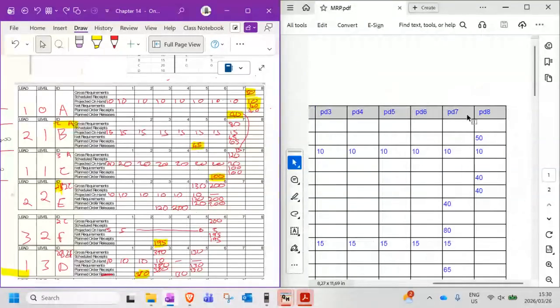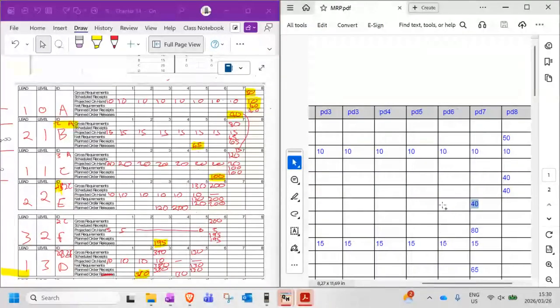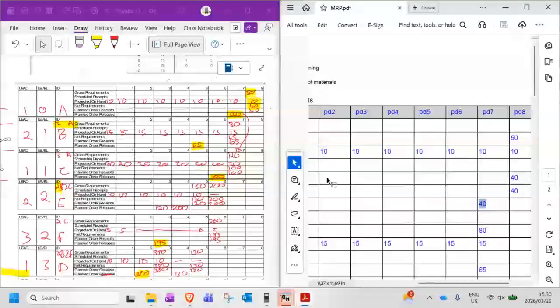I'm mixing the concept. Okay, it's supposed to be 50 at week 8. Okay, so now as you can see, we have your 40 there coming out, and B is times 2